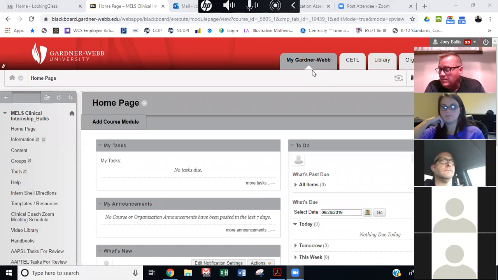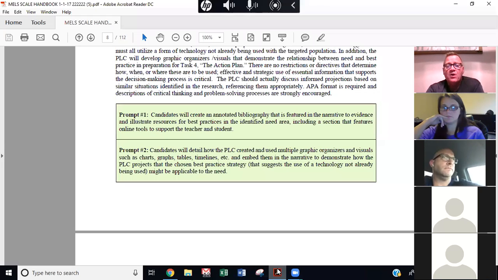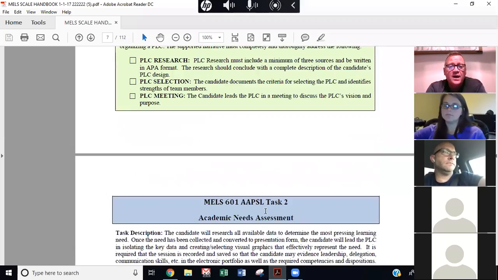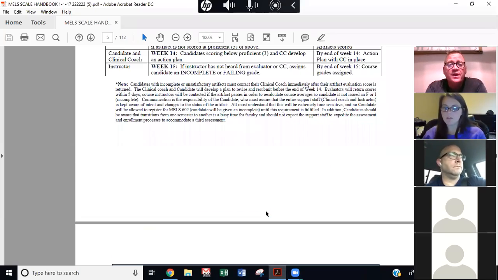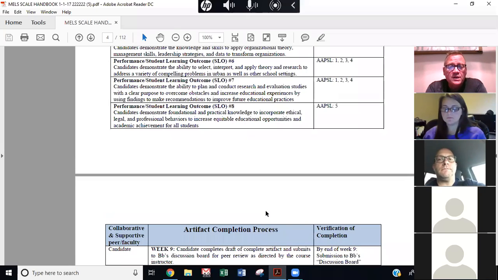Okay, all right. So I'm not going to mention task 3. I do want to go back and draw your attention to the SCALE handbook regarding task 3 or the APSL. If you haven't taken the time to read through the SCALE handbook, I'm not going to blame you one bit. It's a large document. However, there is some really good information in here, and if you haven't skimmed over it or looked at some of the parts of the handbook, I would suggest you do that.